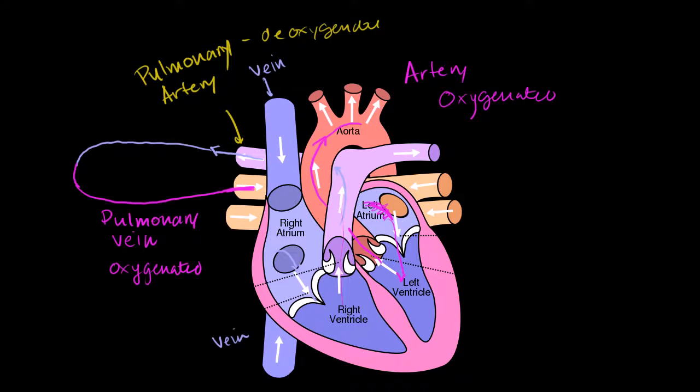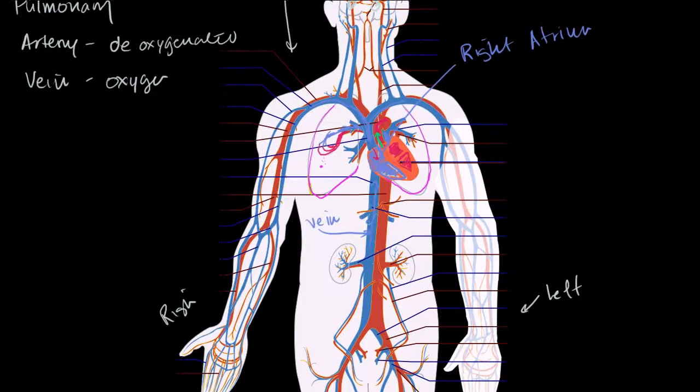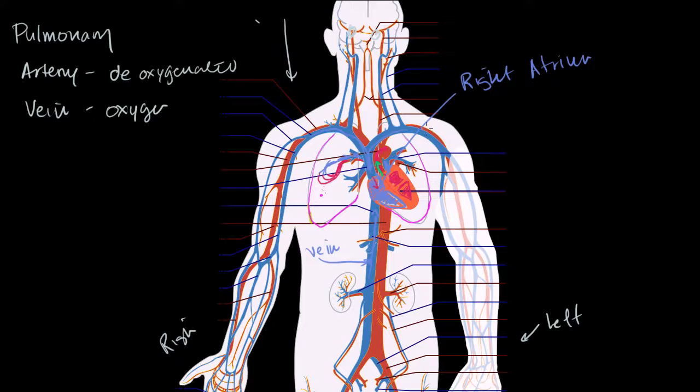Hopefully that gives, actually, let's go back to that first diagram. I think you have a sense of how the heart is dealing. But let's go look at the rest of the body and just get a sense of things. You can look this up on Wikipedia if you like. All of these different branching points have different names to them. But you can see right here,